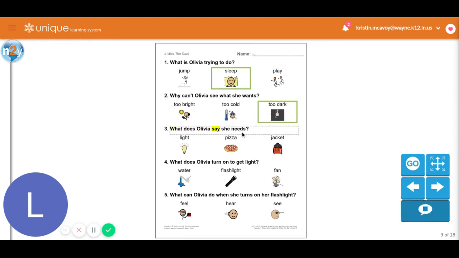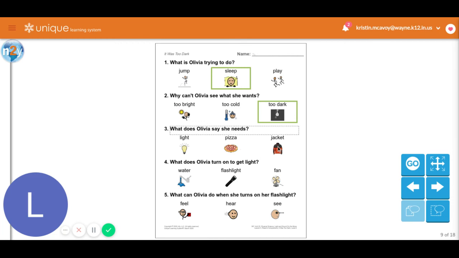What does Olivia say she needs? Well, she said she wanted all of those other things I talked about, but what did she need because she couldn't see them? Did she need a light, a pizza, or a jacket? Well, let's think about that. You would need a pizza if you were hungry.